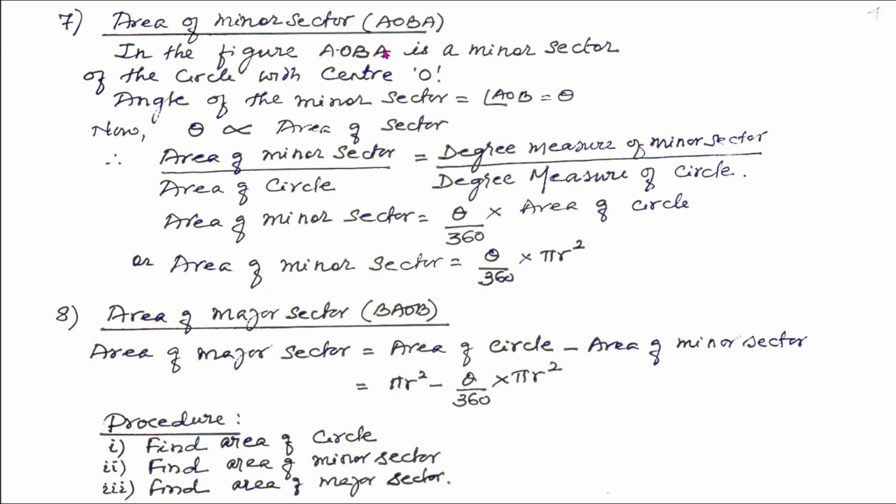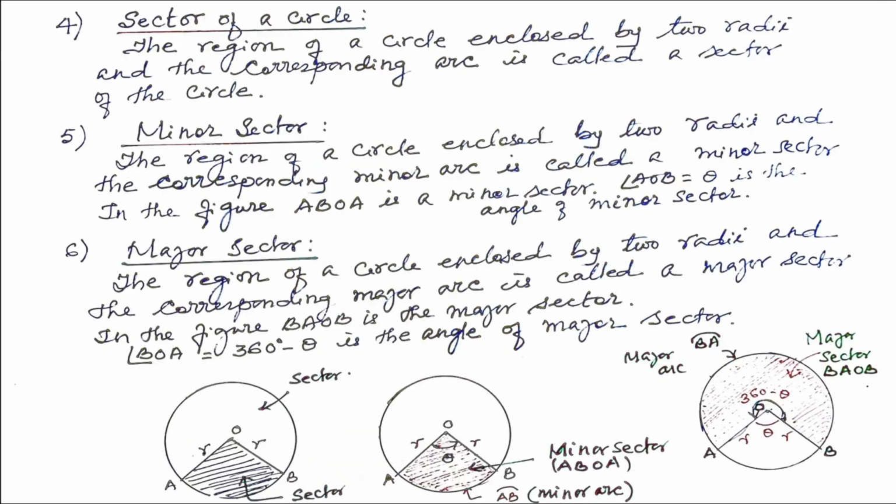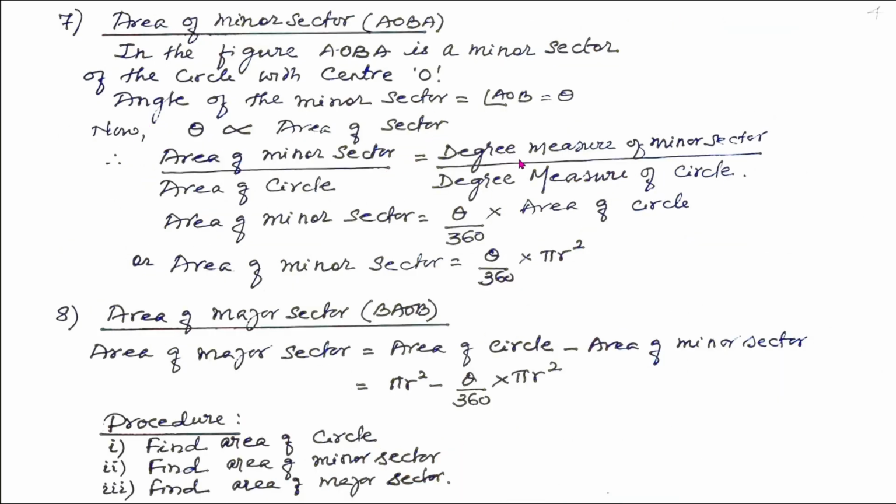Now, how to find the area of the minor sector? To find the area of the minor sector, that is ABOA, the procedure is very simple. We see that the angle theta, which is the angle of the minor sector, if you increase theta, the area of the minor sector also increases. That means theta is proportional to the area of the sector. Therefore, I can take two ratios here: area of minor sector divided by area of circle is equal to the degree measure of the minor sector divided by the degree measure of the circle. We know that the minor sector subtends an angle of theta at the center, that is, the central angle is theta, whereas for a circle the angle at the center is